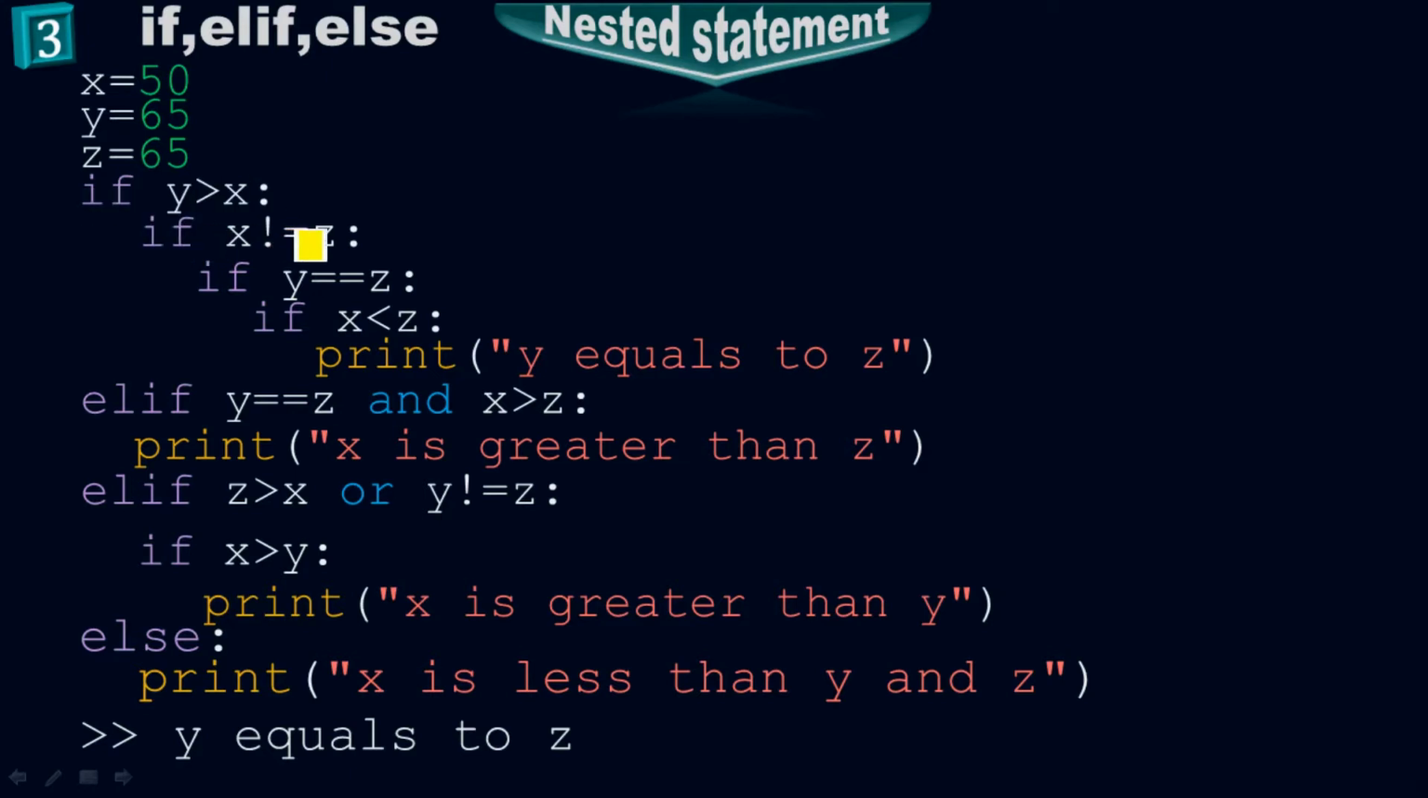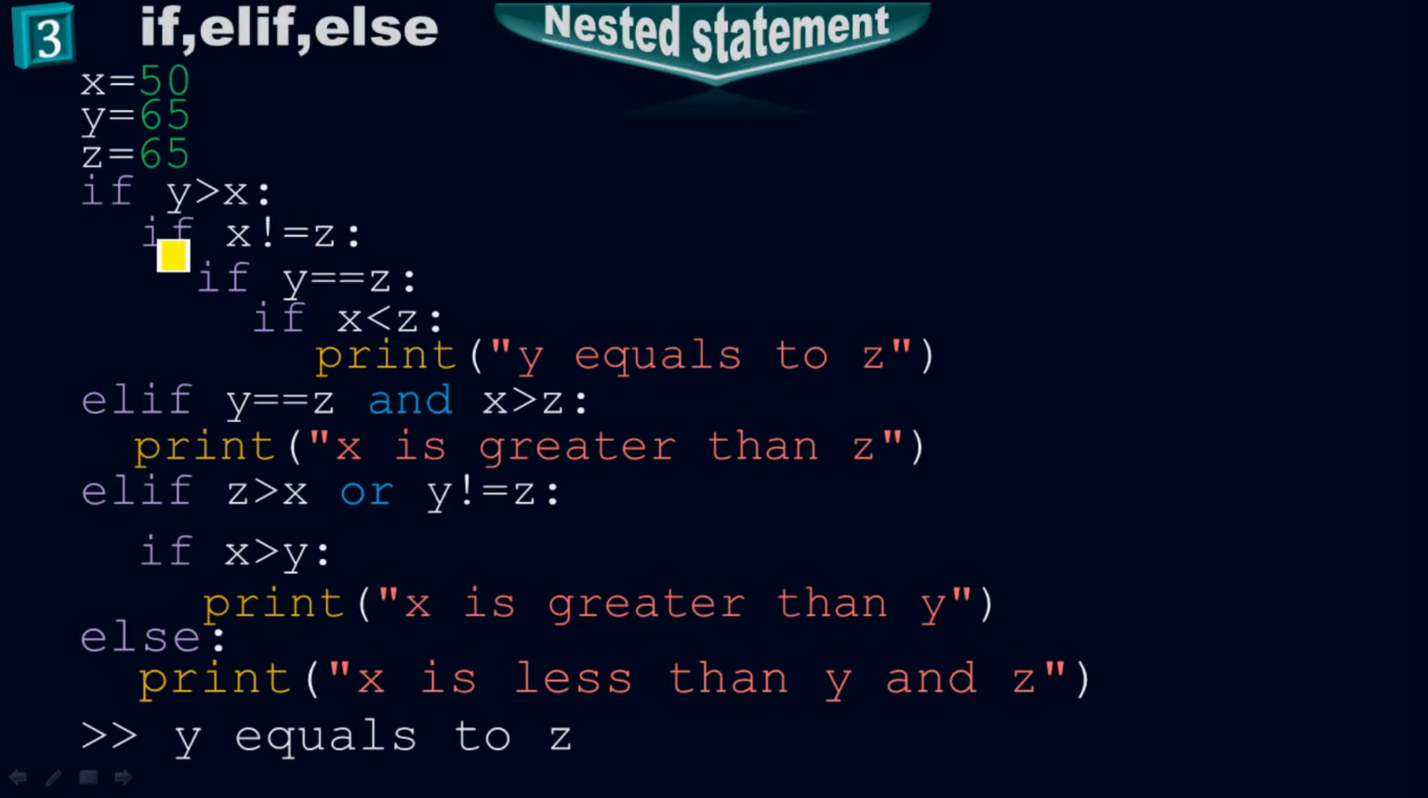The second one comes inside another statement. Similarly, the third one comes inside another statement. The fourth one comes inside another statement. So one statement comes inside another statement. That's why we call it a nested statement. If the first condition is true, if the first condition is satisfied,